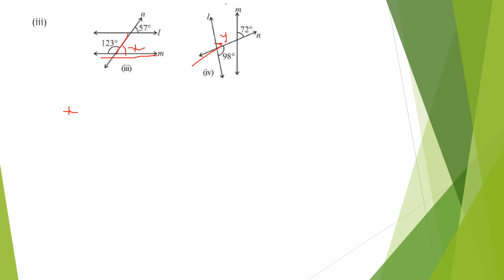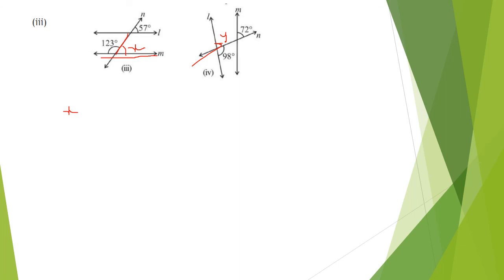If you want, you can do it the same way we did the second problem. No problem. This one I am teaching you another method. Here just check 123 degrees plus 57. If you are getting the answer 180 degrees, then you can say L and M are parallel lines. Or else, the same way you did the second problem, you will find the value of x.